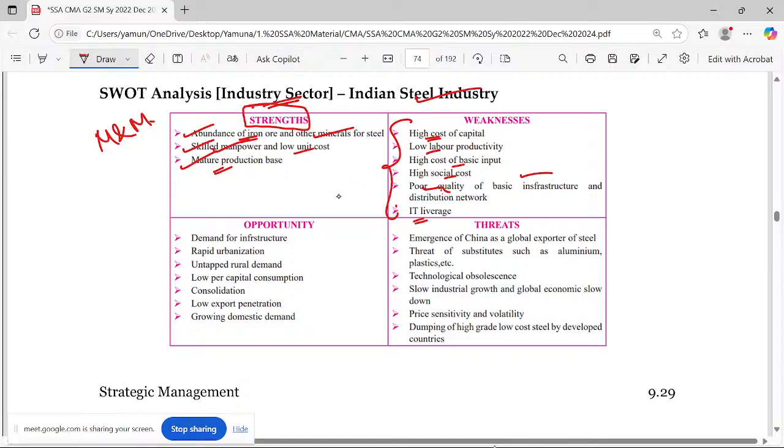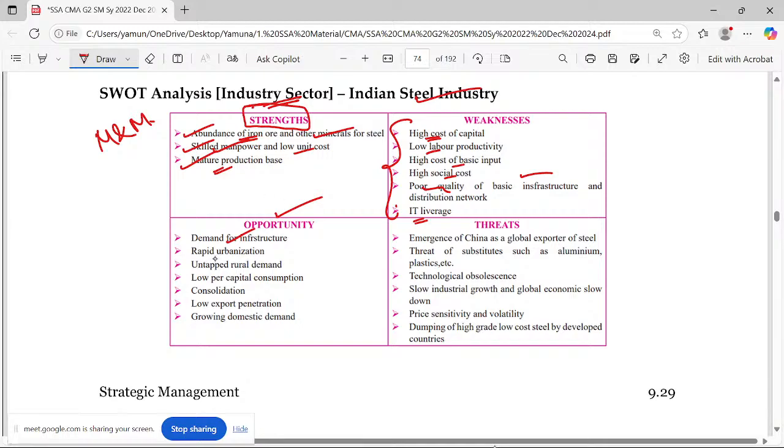This was the steel industry. If you go for opportunity, we have demand for infrastructure. Nowadays, civil structures and all, the old model of four brick walls is becoming outdated. If the structure is retained for 5 years, if the life is for 5 years, we maintain it. Next 5 years we just demolish and go for the next one.